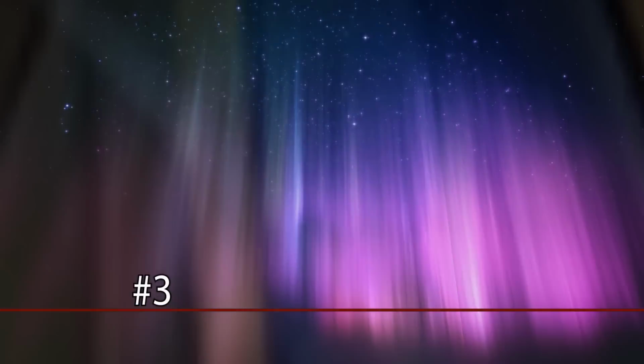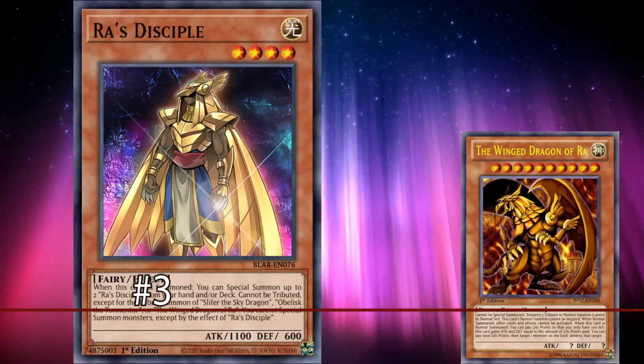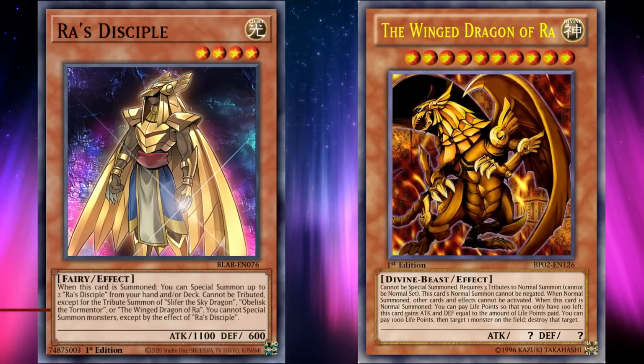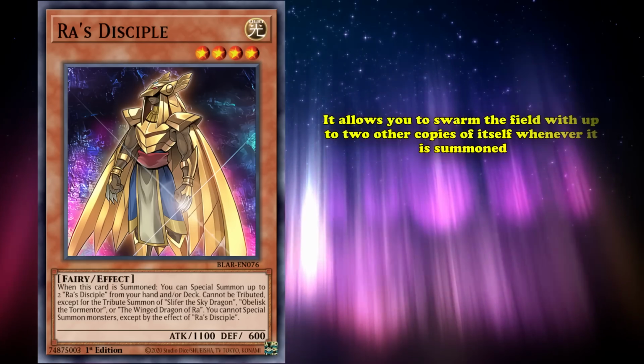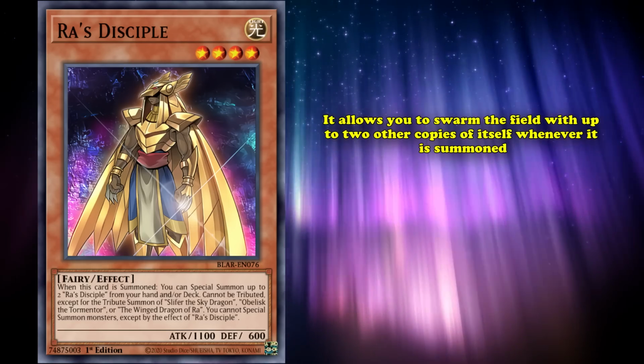Being summoned to this list at number 3 is Ra's Disciple, a piece of the Egyptian god support with one of the most restrictive floodgates in the game. Disciple's first effect is actually incredible, as it allows you to swarm the field with up to 2 other copies of itself whenever it's summoned,